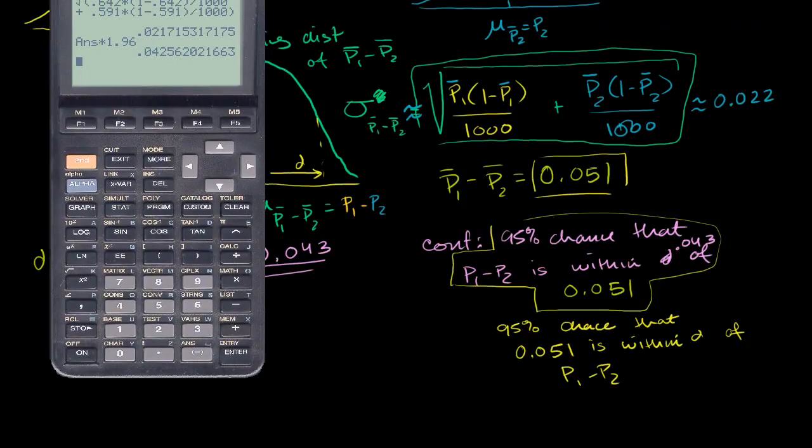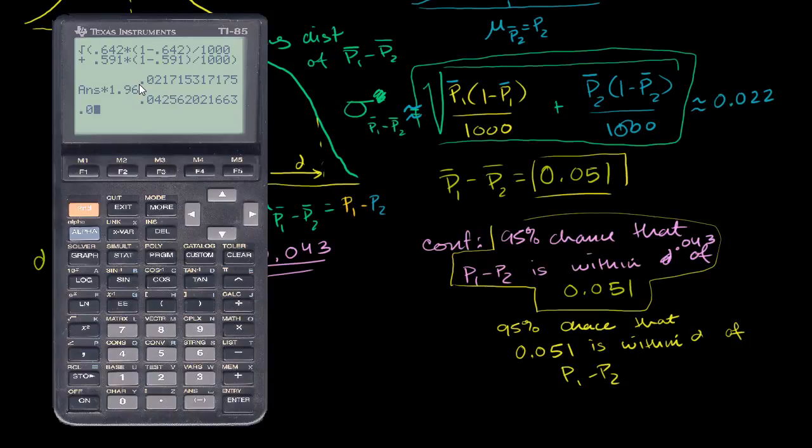So let's do that. So we could have 0.051 minus 0.043. Minus 0.043 is going to give us 0.008. And then if we add it, 0.051 plus 0.043 gives us